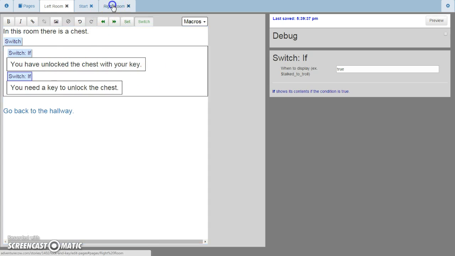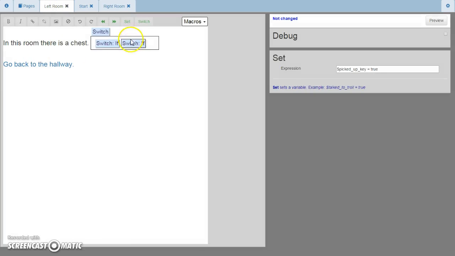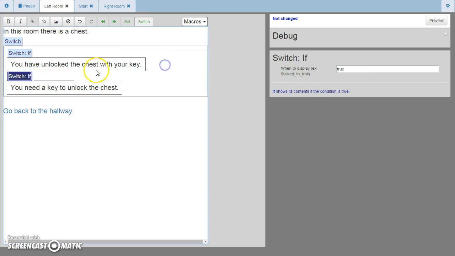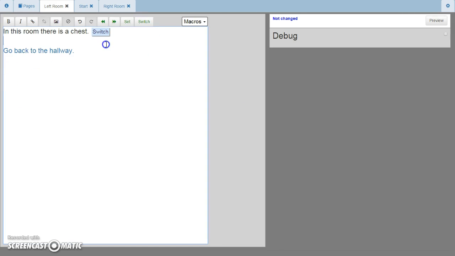But that's it. In the right room, we set something. In the left room, we check for it. That's it. Double click to collapse all these if you like. That's all you need to know to make a story featuring set and switch. And really, that's it. There's nothing more to it. You can start writing